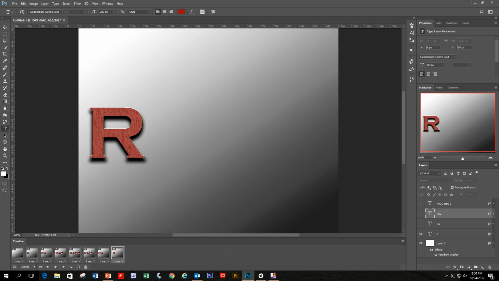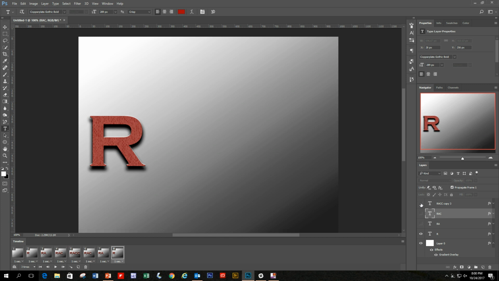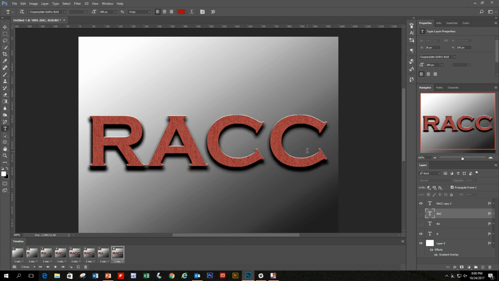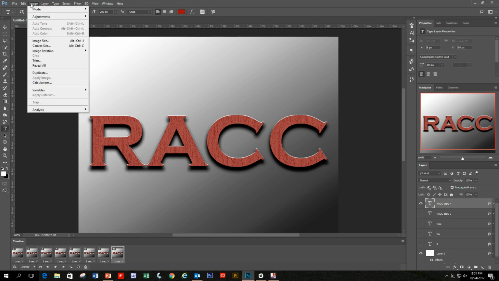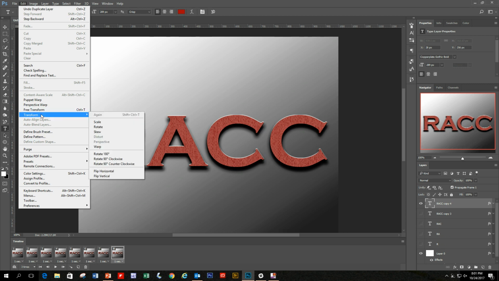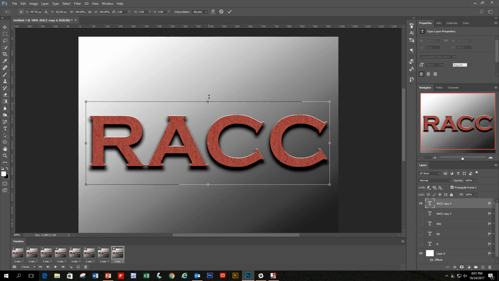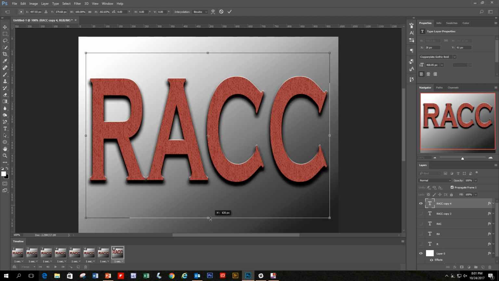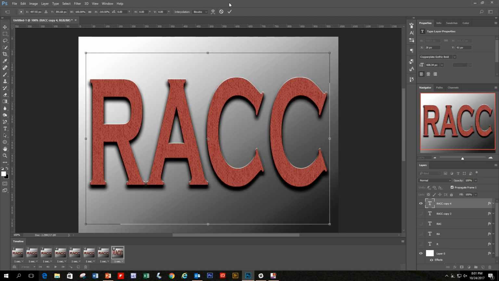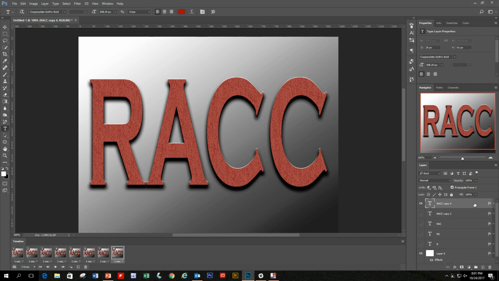There's a couple of other little tricks you can do. I'll just show you one more. What I'm going to do is go to the layer in the layers panel that has the RACC in it, and I'm going to duplicate that layer, and then I'm going to go into my transform tool, and I'm going to hit scale, and I'm just going to scale it up just to make it a little larger, and accept that. Then I'm going to create another frame,